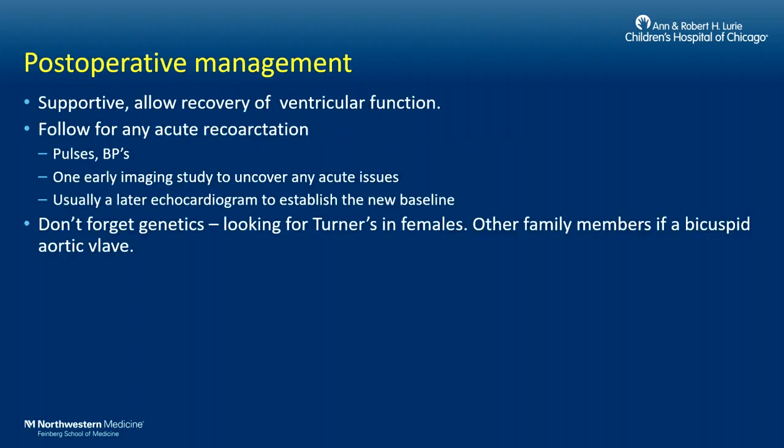Post-op management is supportive, allow recovery of ventricular function, follow for any acute recoarctation, look at your pulses, blood pressures. You're probably going to get one early imaging study and uncover any acute issues, maybe a later echocardiogram and establish a new baseline. And don't forget about genetics, for instance, looking for Turner's in all females, and family members who have, if there's a bicuspid valve, they probably all need to be screened. You don't need to do this right away. It's just a consideration. You can just let the pediatrician deal with all this after the child goes